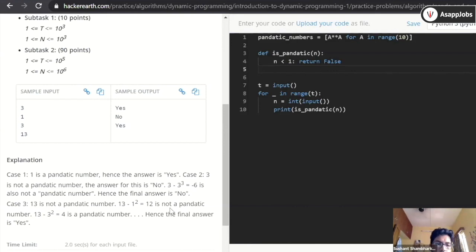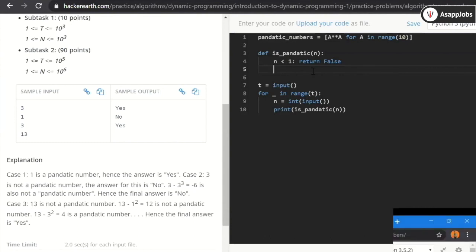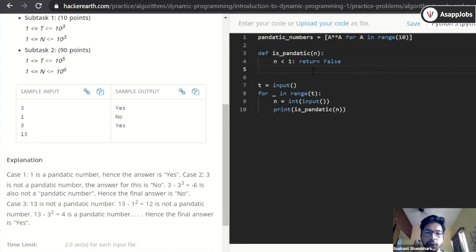You want only one value that should be true. There could be multiple true values, but we are talking about if there is only one true value, that means our output should be true. What is the operation for that? So this is an OR operation. If you perform an OR operation on multiple Boolean values, even if one true value is there, it will return true. So we want to perform an OR operation here. So in Python, what you can do is there is an operation called any. Any means if any Boolean value is true, it will return a true. Any takes an array, so just start an array.